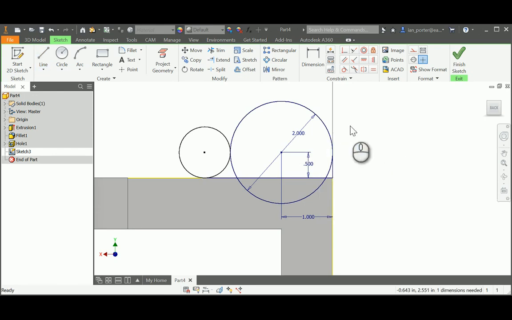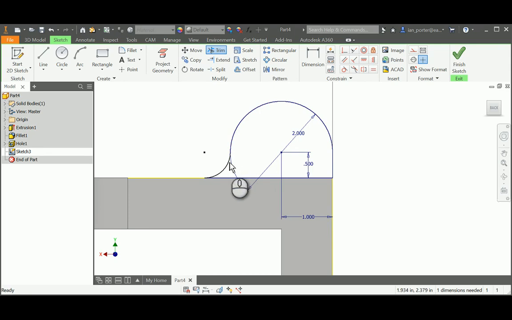I'm going to use the trim tool now. Once I select trim, I'm going to start with my smaller portion. I'm going to click the top area of the circle. You'll see it turn dotted, and I'm going to left click. Then I'm going to select the bottom half of my circle here. Then I'm going to select this portion of my circle, and then finally this portion of my circle. And you'll see that it leaves me